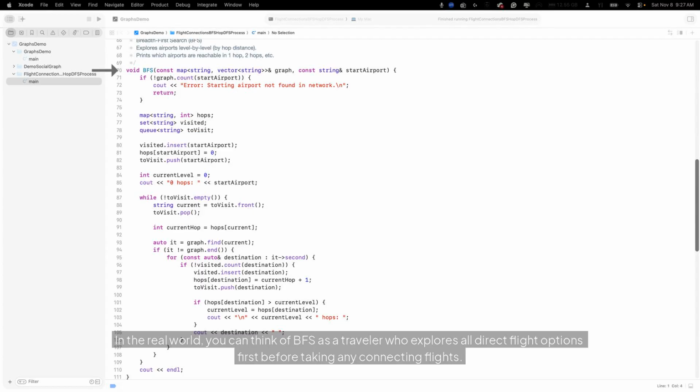In the real world, you can think of BFS as a traveler who explores all direct flight options first before taking any connecting flights. If you're standing at Dallas, BFS first visits every city that has a direct connection. Those are your one-hop destinations. Once it's visited those, it moves outward to discover all cities that can be reached with two flights, then three, and so on. This process naturally creates layers of discovery, where each layer represents one more hop or connection away